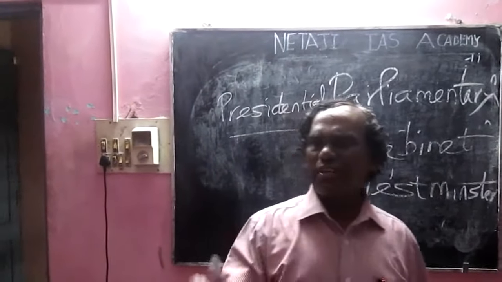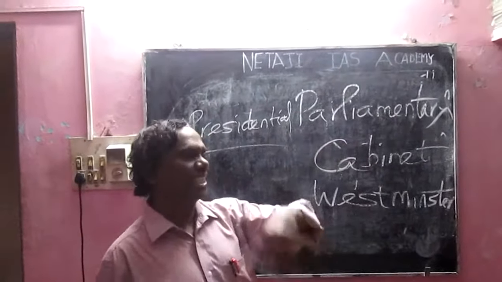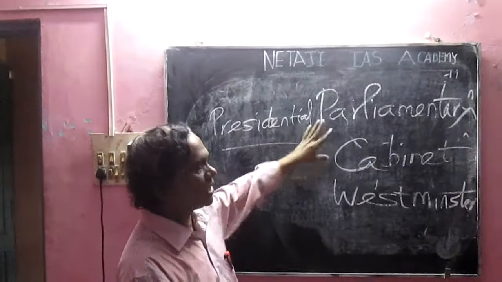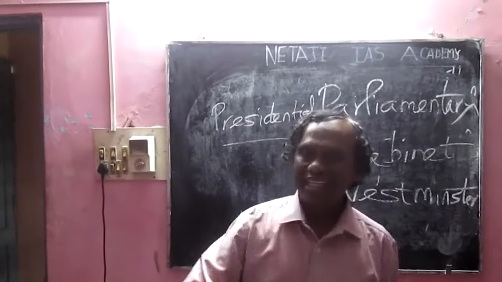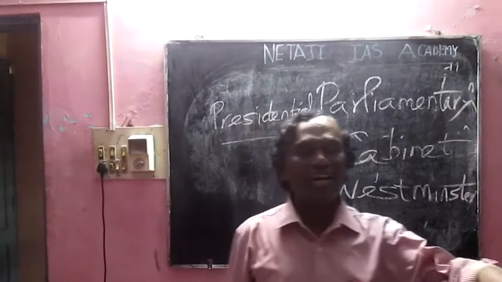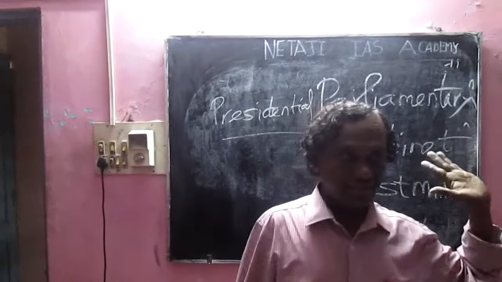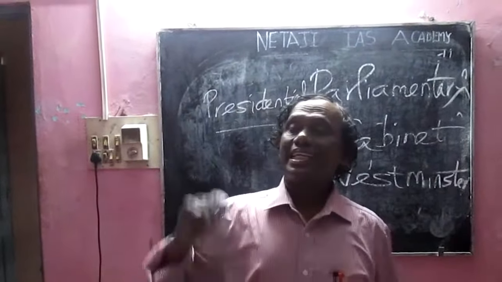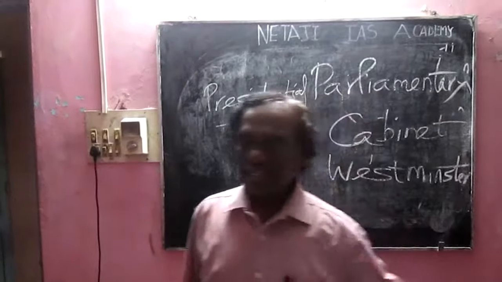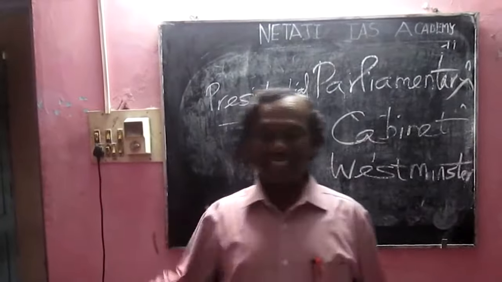We are going to see some important questions. Just now we finished one question. We are going to see two more important questions. If you do not watch carefully, you will get confused. You will think all the three are one and the same. No. The Union Council of Ministers is collectively answerable to whom? Answer, Lok Sabha. This is a very important question. The central ministers are individually answerable to whom? Prime Minister.